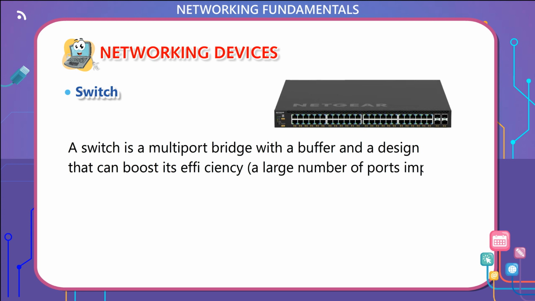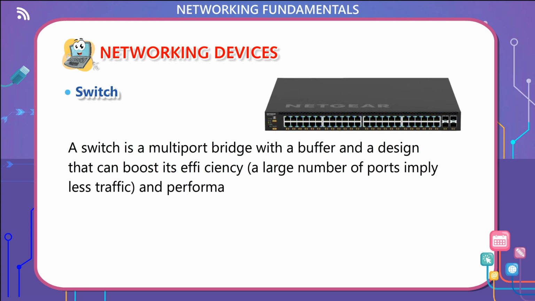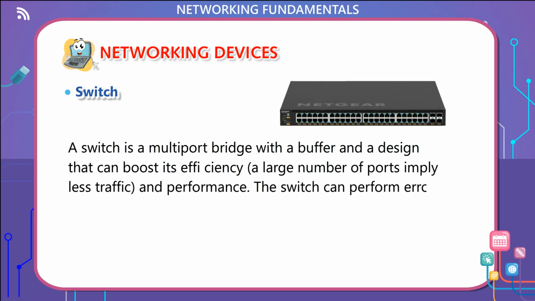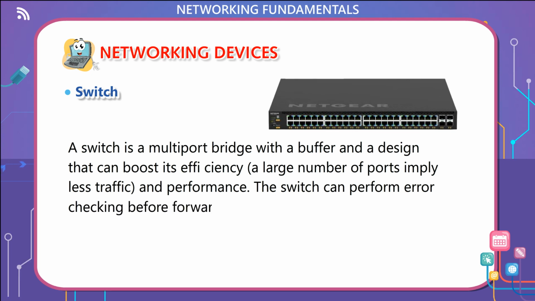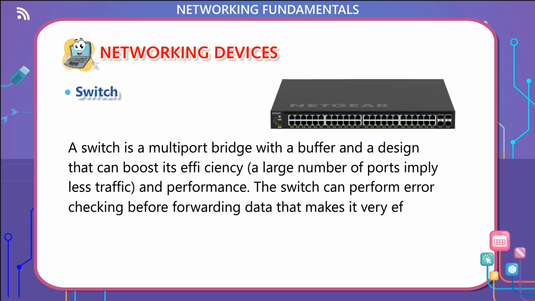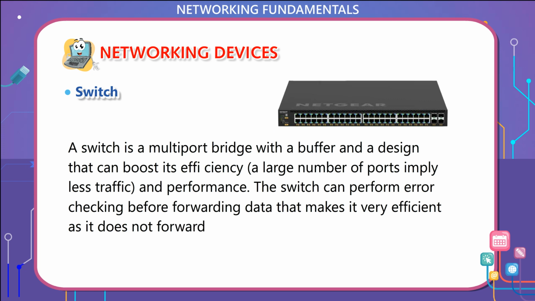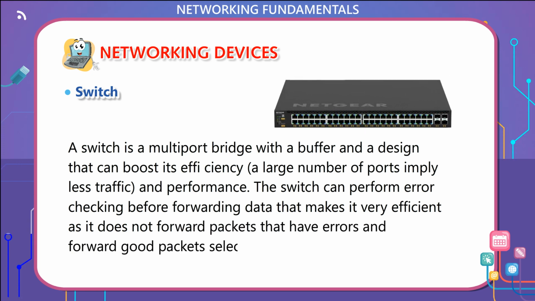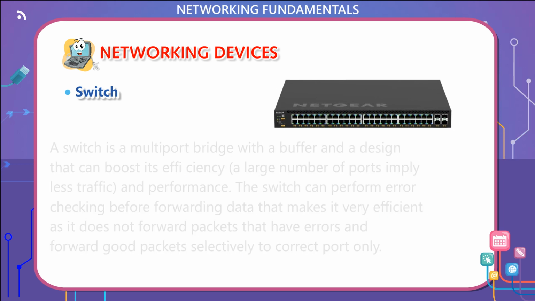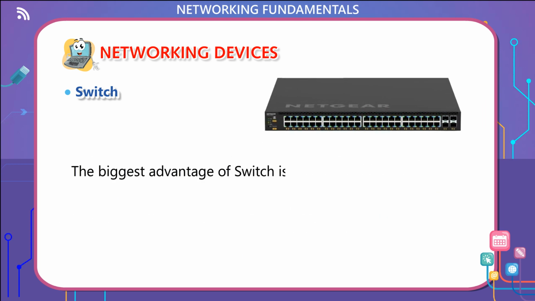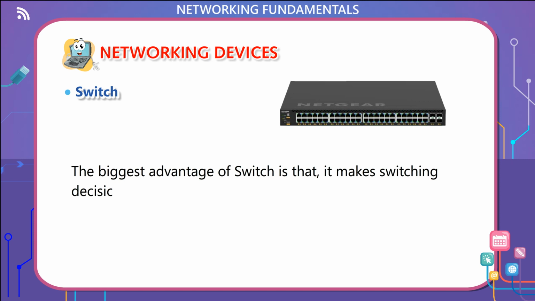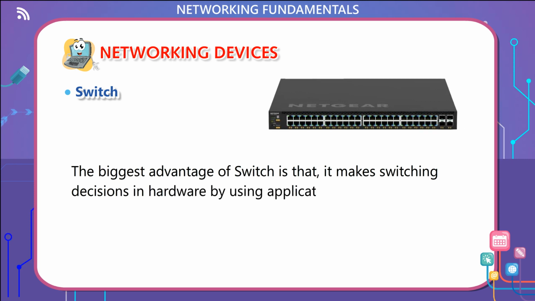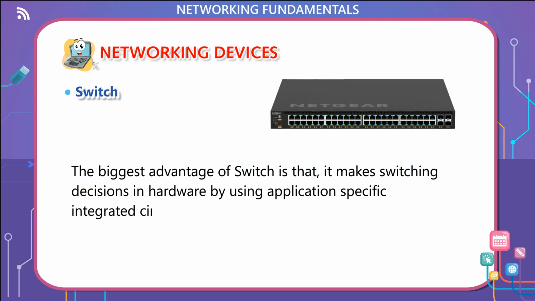A large number of ports imply less traffic and better performance. The switch can perform error checking before forwarding data. That makes it very efficient, as it does not forward packets that have errors and forwards good packets selectively to the correct port only. The biggest advantage of a switch is that it makes switching decisions in hardware by using application-specific integrated